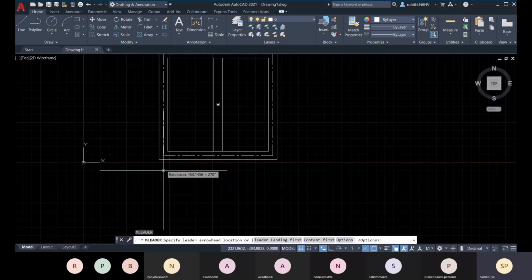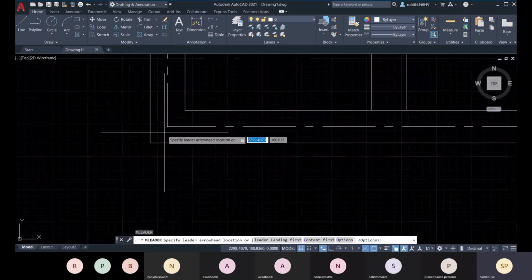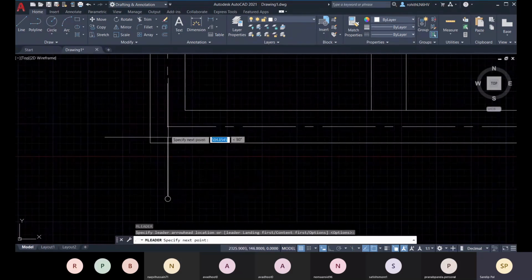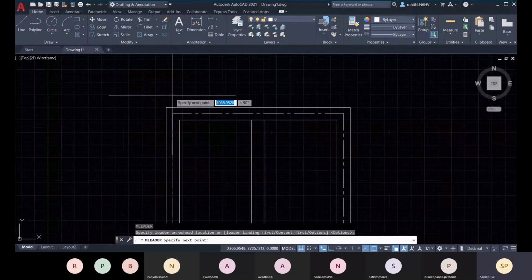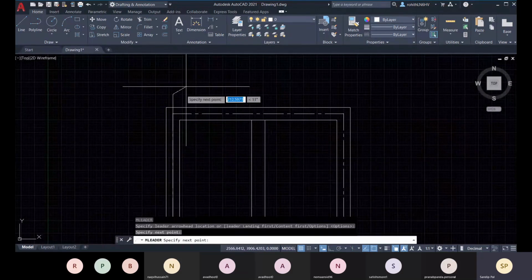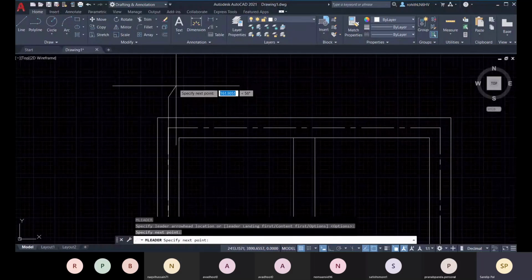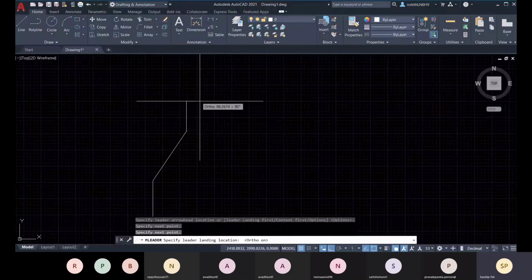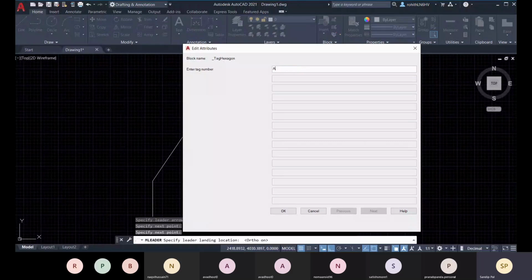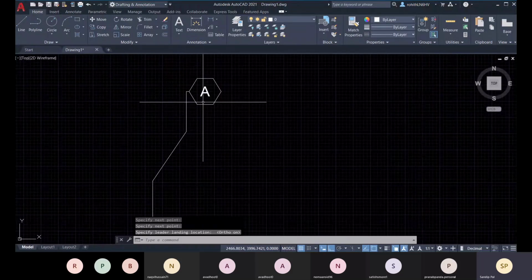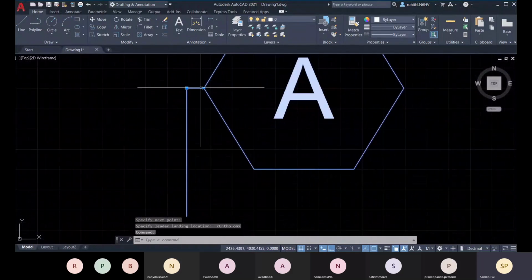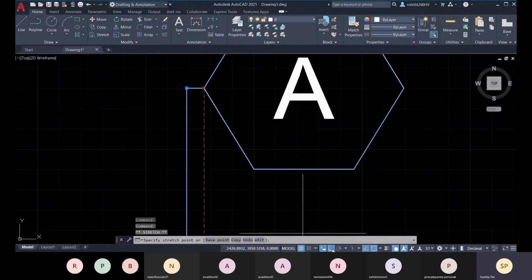Here I'll track one point vertical to this point, and then specify the next point like this, and the grid number is A. You can click on OK. Right, like this, and there you can see it. You can click on here.